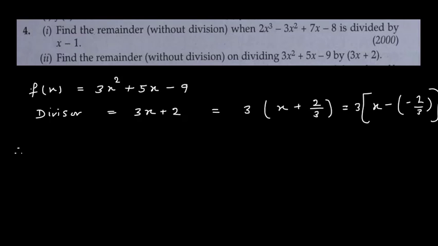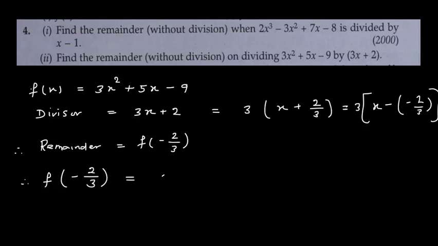So therefore the remainder will be f of minus 2 by 3. Okay, this is by the remainder theorem I am getting. So therefore here f of minus 2 upon 3, you will get 3 into minus 2 upon 3 the whole square plus 5 into minus 2 upon 3 minus 9. Okay, this is equal to 3 into, this is 4 upon 9,